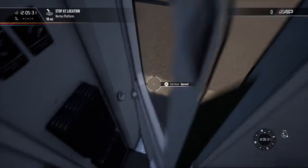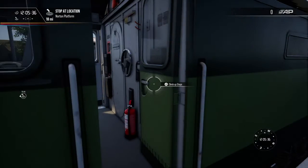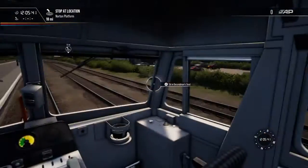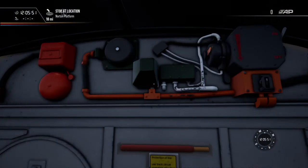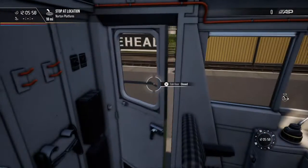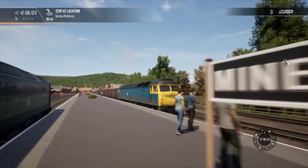Now there used to be a glitch with this version, with the brakes, which meant that you couldn't use the Mark II coaches from Northern Transpennine with the stock on, for example, rail tour runs on other routes. I don't know whether that's been fixed yet, probably hasn't, but I don't really care anymore because this just isn't that good of a 47 model compared to the beautiful-ish Northern